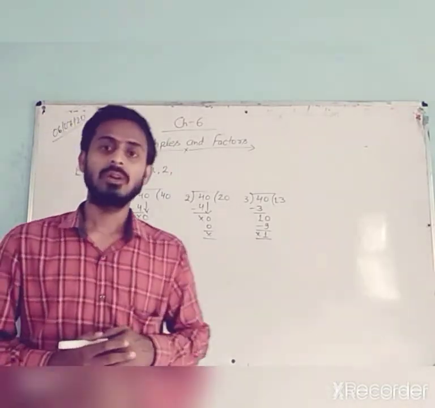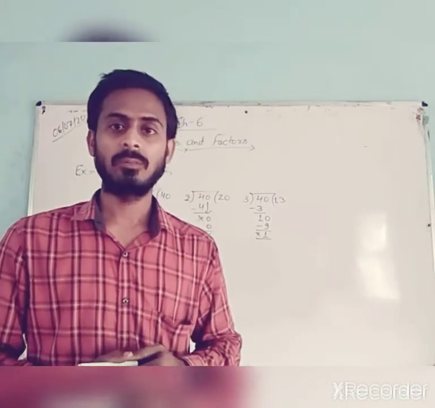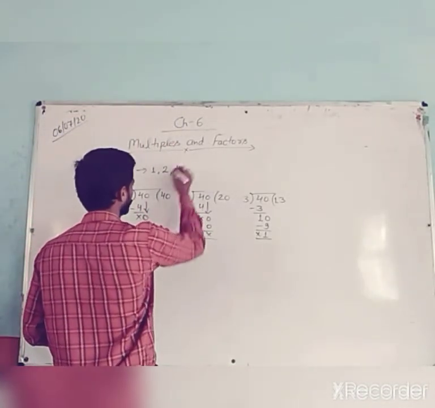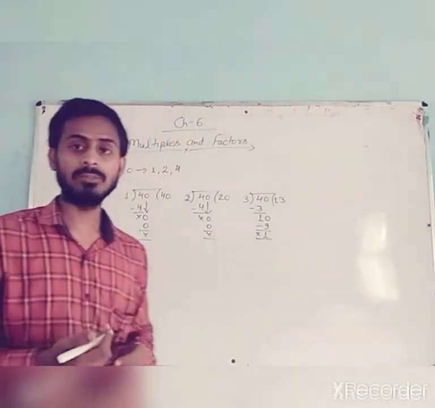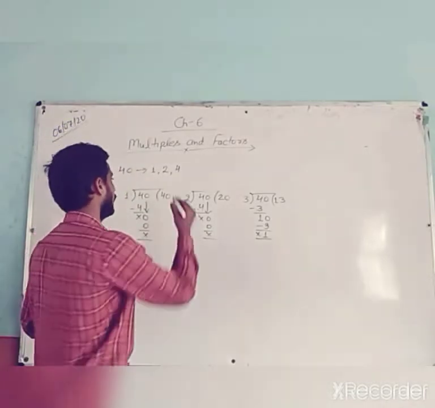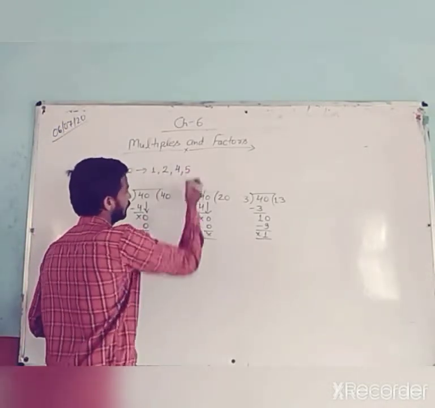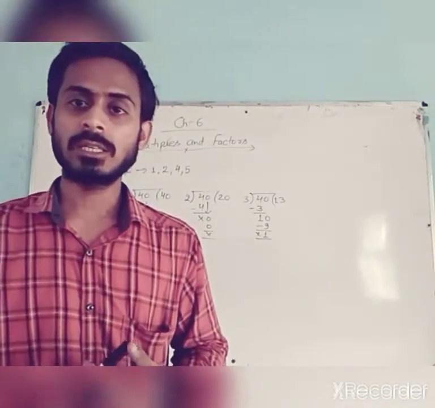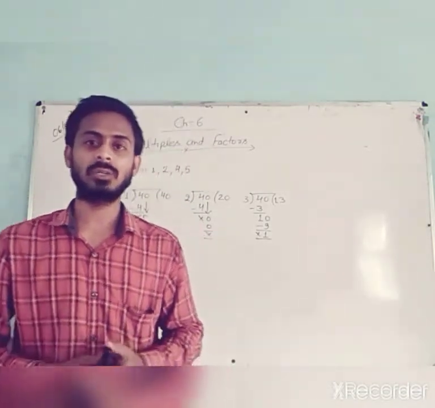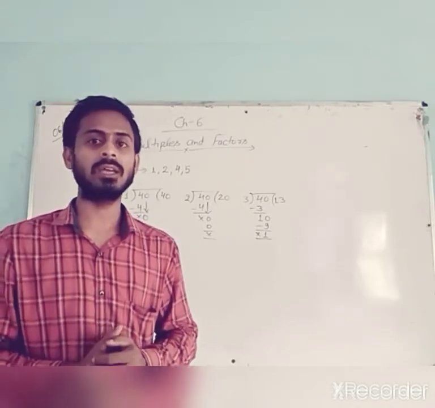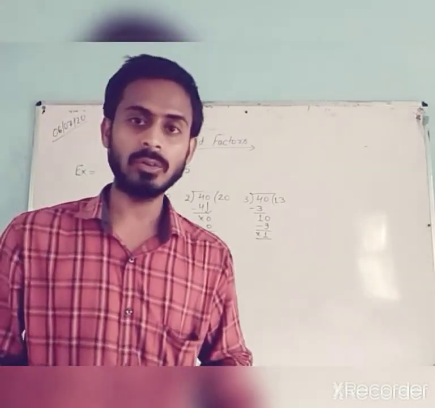You know that 40 is divisible by 4, by 10. 4 tens are 40. So right here 4. Now 5. 5 eights are 40. So 5 is a factor of 40. Clear? Now 6. 6 6s are 36. 6 7s are 42. After 36, the next multiple of 6 is 42. That is why 6 is not a factor of 40.